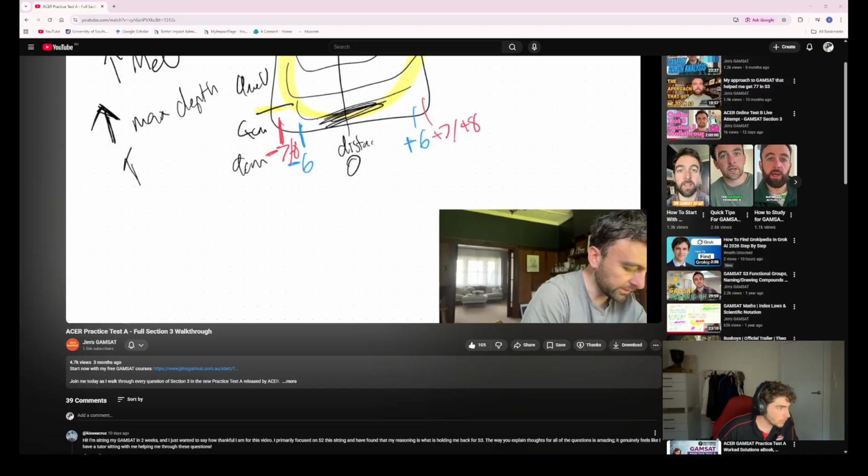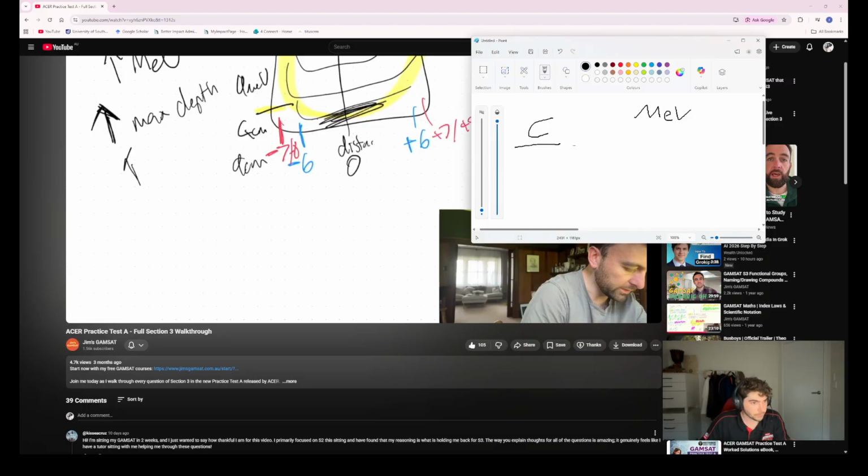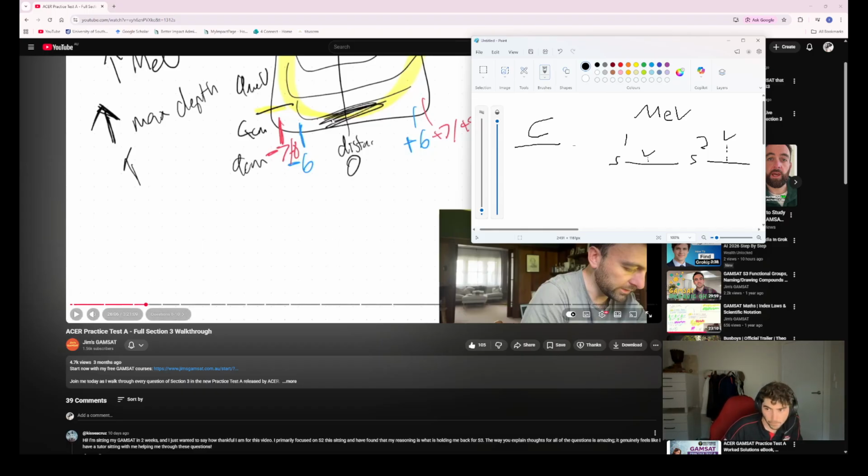Hang on, let me read the question. Suppose that compared to the figures shown, SSD, source to skin distance, is smaller. So I imagine that if that's skin, source to skin distance is like that, and that's one. That's two, it's a lot further away. Source to skin distance is smaller, so this one,